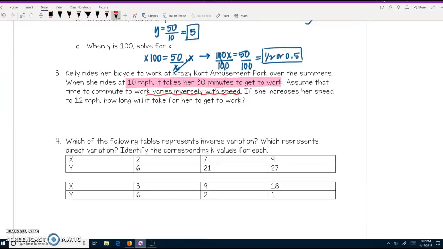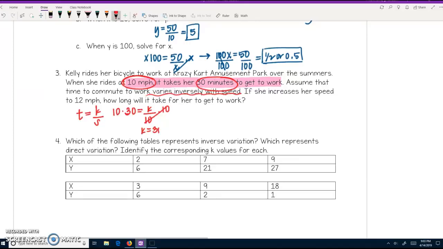The time to commute to work varies inversely with speed. So I want to set up an inverse equation where I say time varies inversely with speed. That's just my inverse variation equation where I substituted in time for y and speed for x. So then I have an x and a y I can get started with in order to solve for k. So when she's cycling at 10 miles per hour, it takes her 30 minutes. So I'm going to plug 30 minutes in for time, and I'm going to plug 10 miles an hour in for speed. So then I can solve for my constant by multiplying both sides here, and I will have k